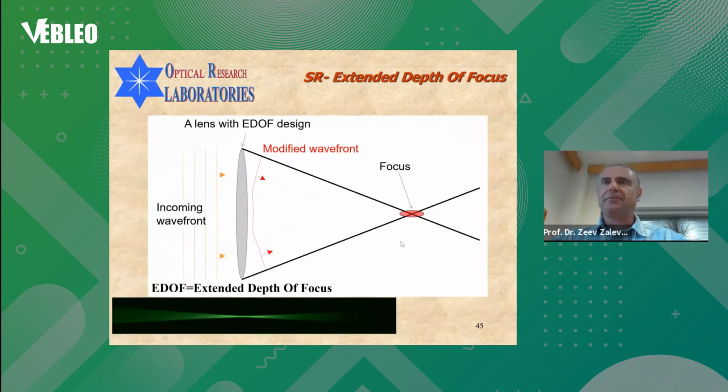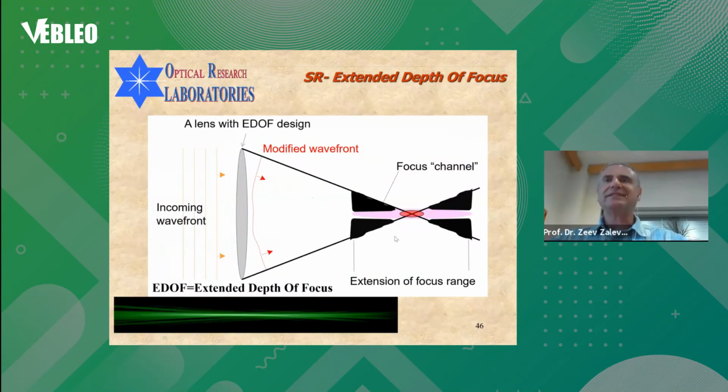And we have developed a special technique to extend the depth of focus of the imaging lens, any imaging lens, which can be a contact lens, spectacles, or an intraocular lens. We extend the depth of focus significantly, as you can see here experimentally. This is without extending, and this is when extending. You see that the depth of focus is very long, and it is all optically obtained over a full field